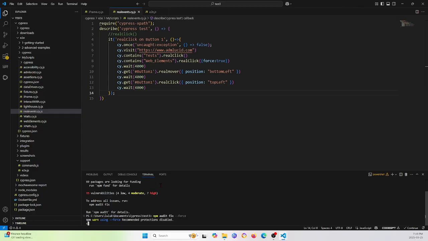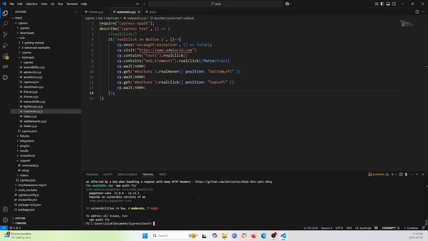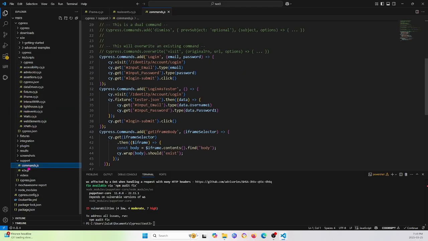Fix the issue. Okay, and in this file, support.js, we need to import